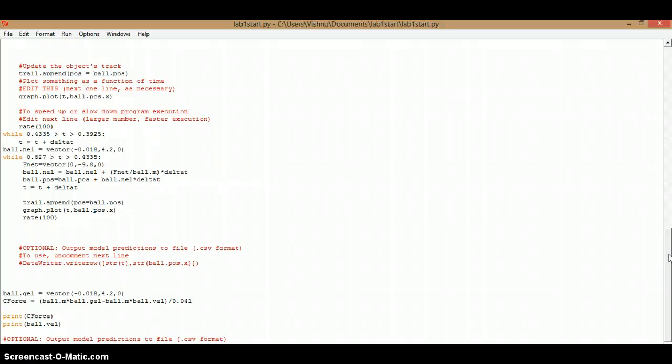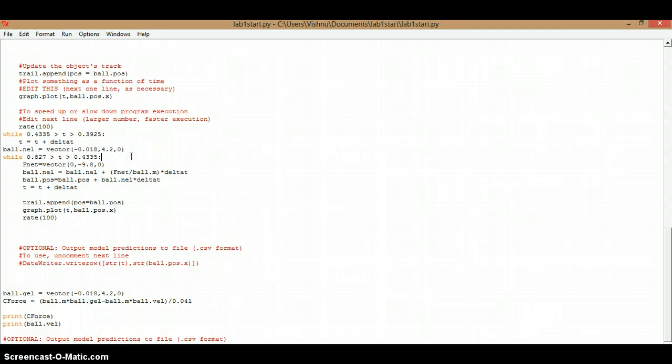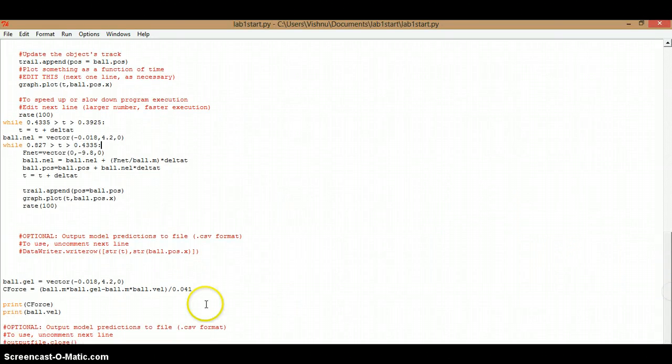For this, I had to use 2 points to calculate the second ball.vel. I called it ball.nel, and that's vector negative 0.018, 4.2, and 0. So we'll go down here, and at the bottom of this, ball.gel is what I called the final